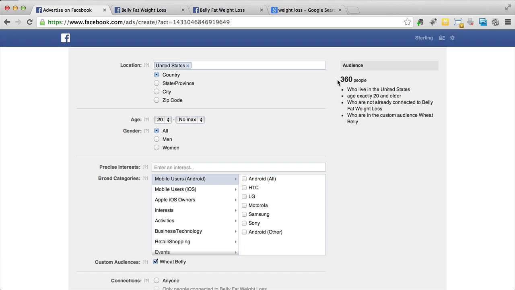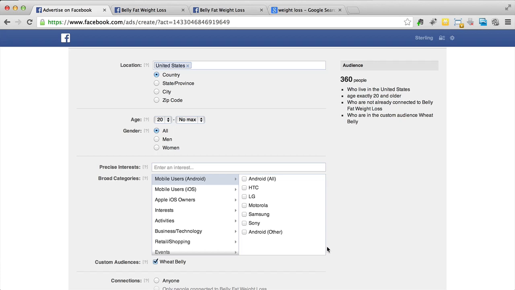However, what I do recommend doing is reaching out to small groups of people. One of your ads should only target maybe 1,000 to 5,000 people. You shouldn't go too big. Never target 10,000 people at once in one group. If you go from 1,000 to 5,000 people, you're going to get a better idea of what groups are better